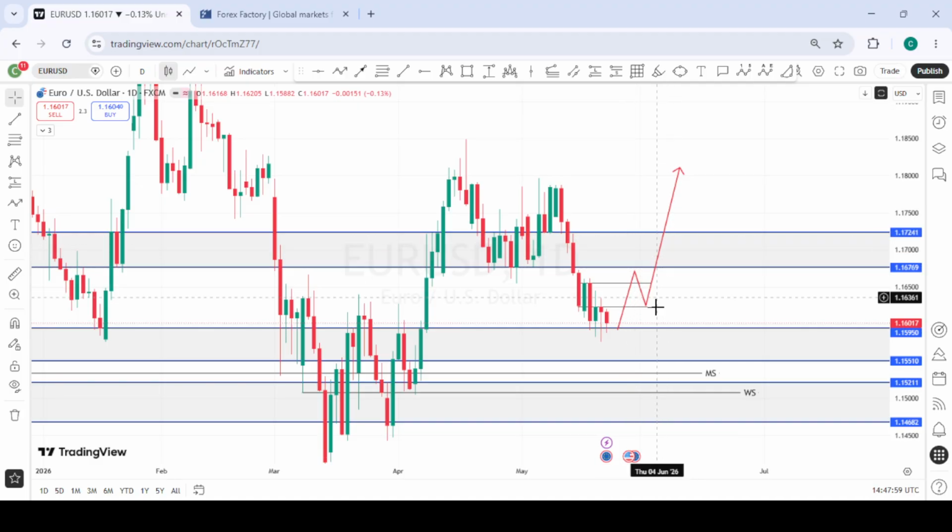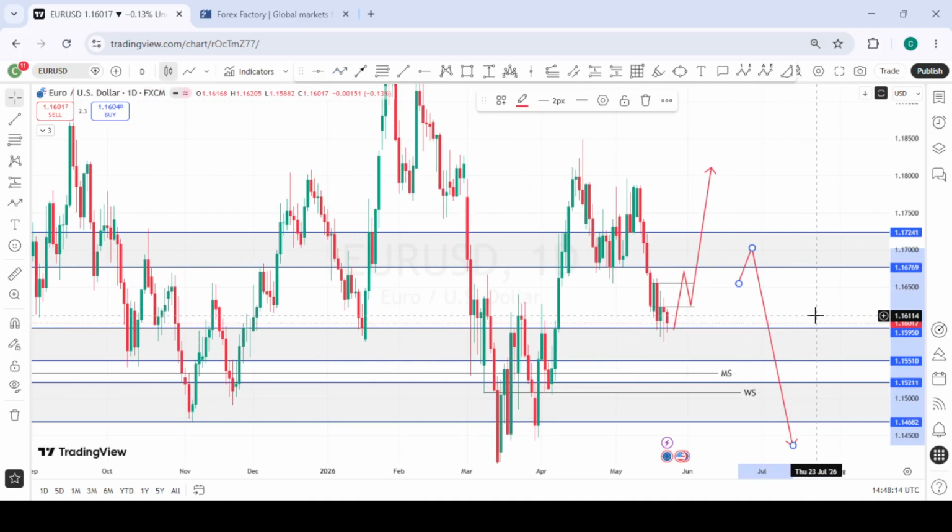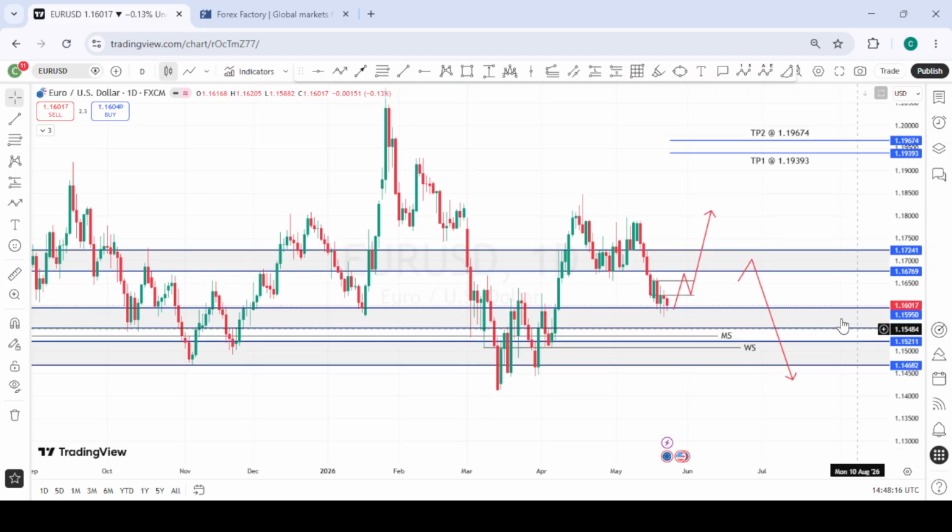So if price is able to break through this area of interest, then we know we are heading to the upside. Should price also, with the bearish side, pull back to this area of interest and give us selling opportunities to the downside, then we can react from here to the downside. This is the very first sell scenario we are looking out for on EURUSD.